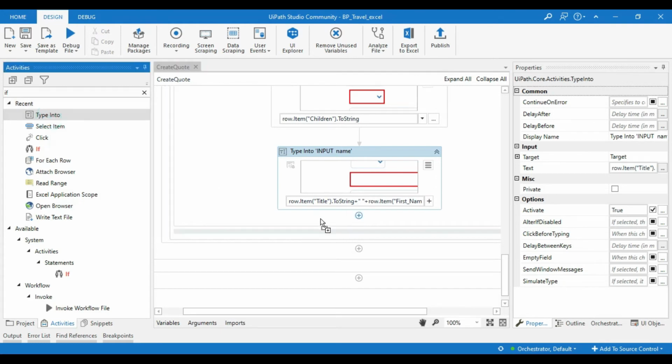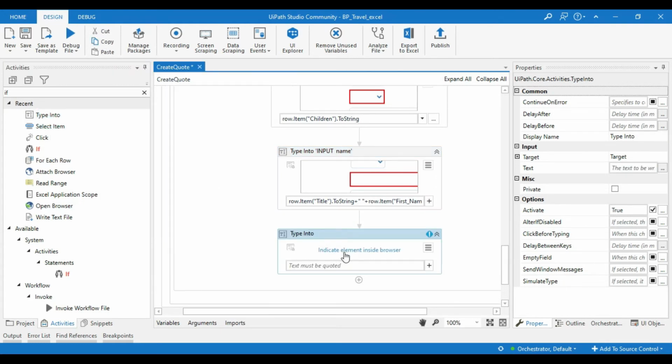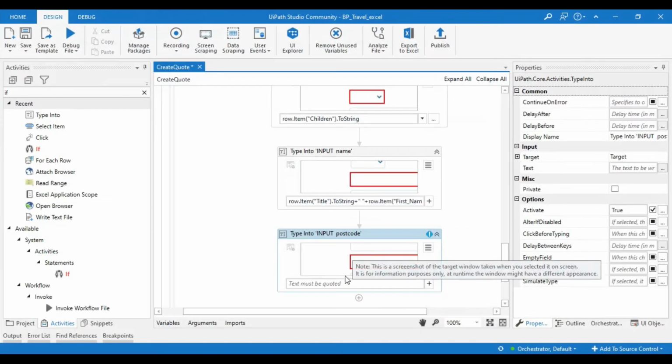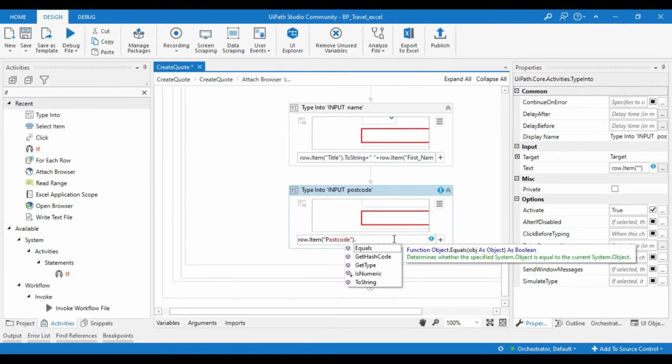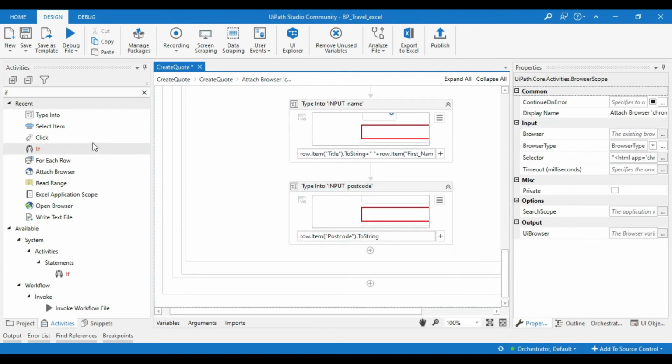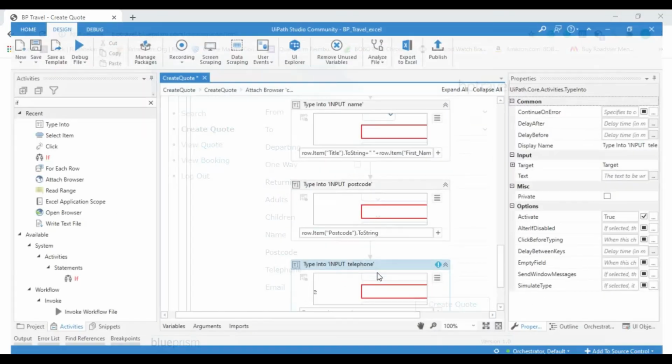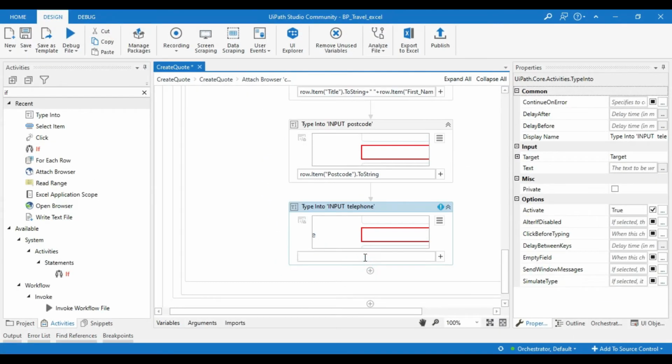So take a type into, indicate on a screen over here, give the input row dot item dot the column name and ToString. Same we will take for the number. So indicate on the telephone number, and here pass the input row dot item dot column name and convert it into ToString.